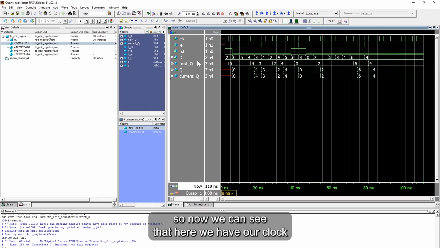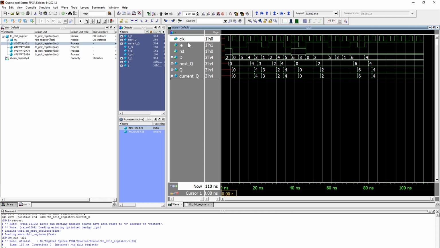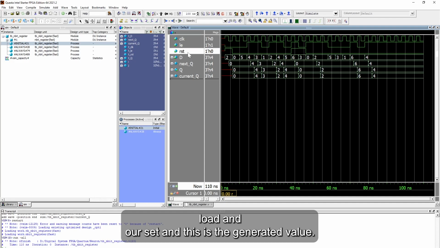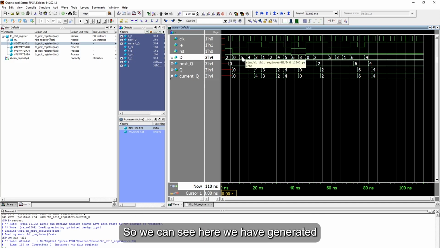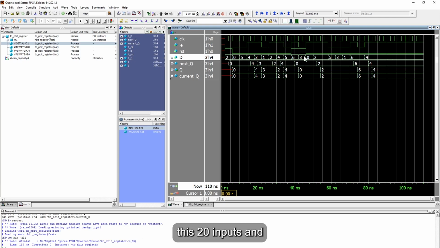So now we can see that here we have our clock, and our load and our reset, and this is the generated value. So we can see here we have generated these 20 inputs,